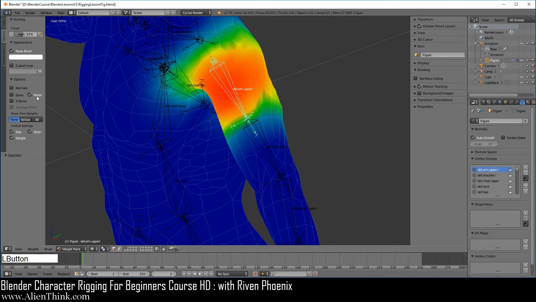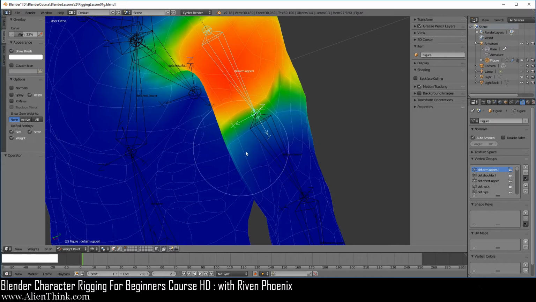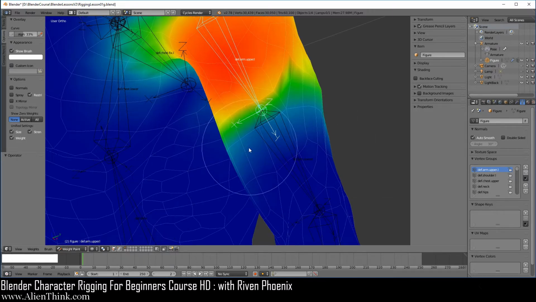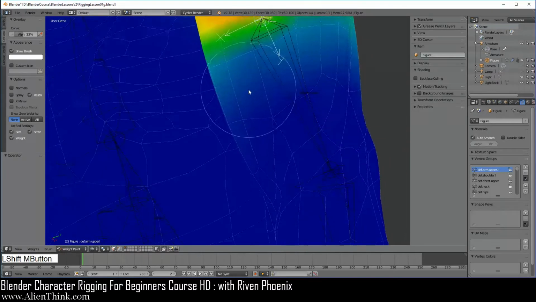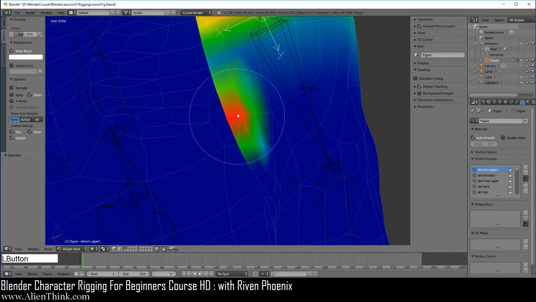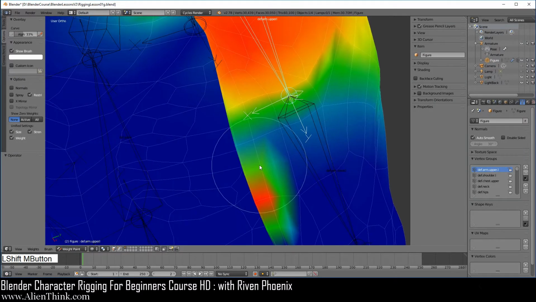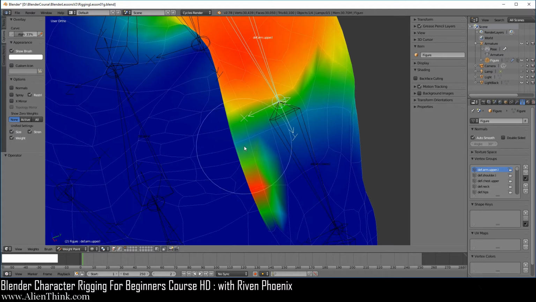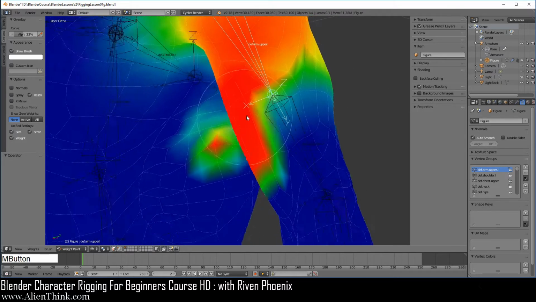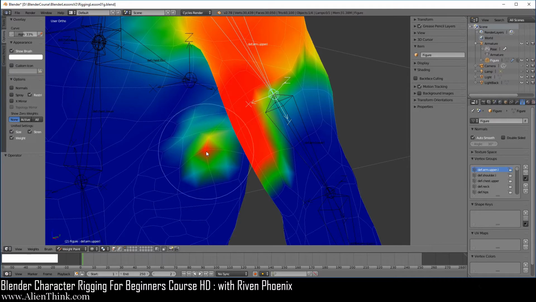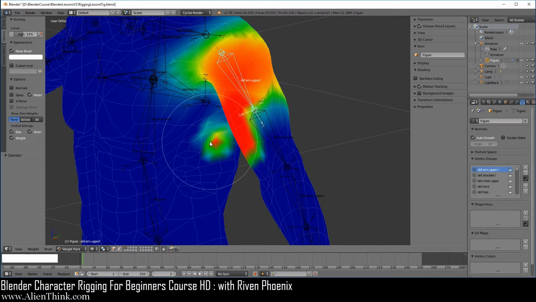Now when you click on restrict, it's only going to work on the vertices that already have this vertex group. So now if you go over here and click it, you'll notice that it only does it here, okay? But here I'm just going to show you that because I have it like this, I'm going to click and click. Now notice that it's actually still penetrating through over here. Now the reason this is doing this is because these vertices over here are actually also assigned to the def.arm.upper.l. This is because the automatic weight system actually leaked down here.